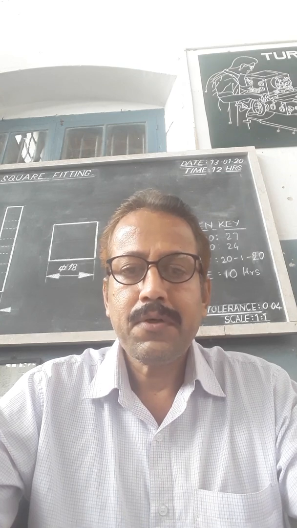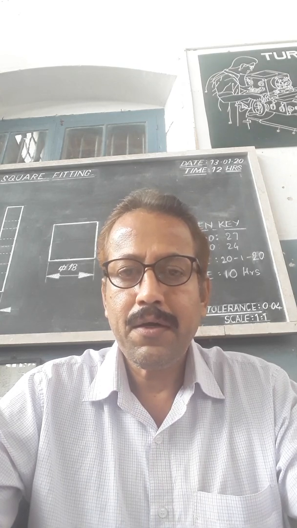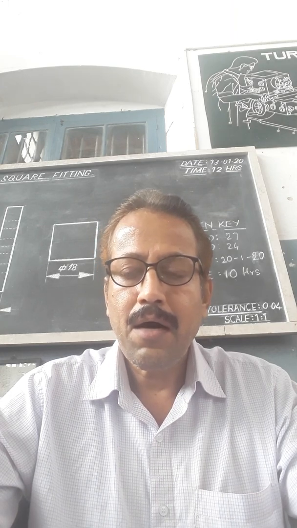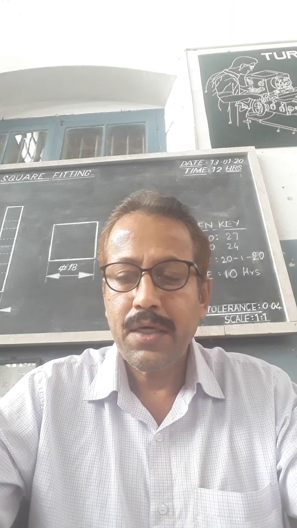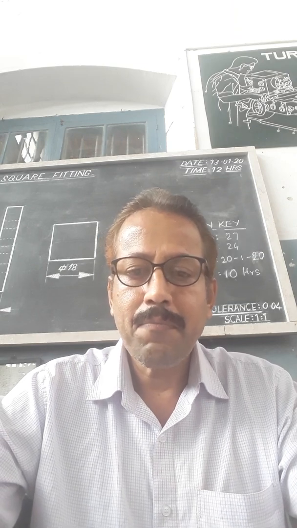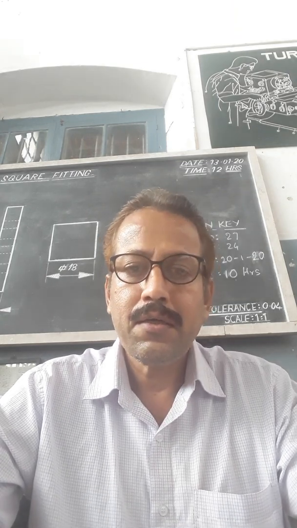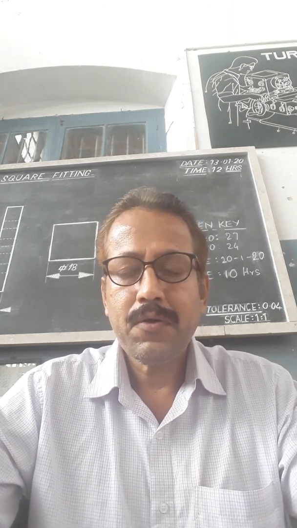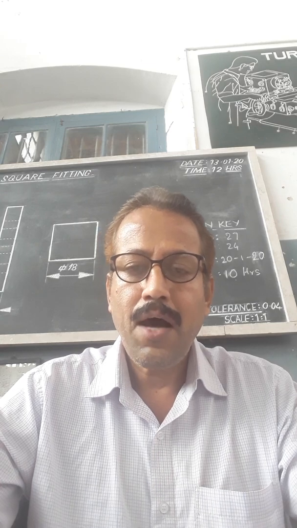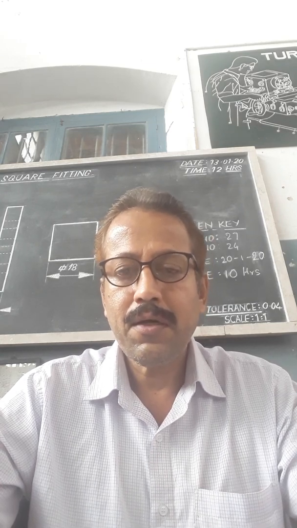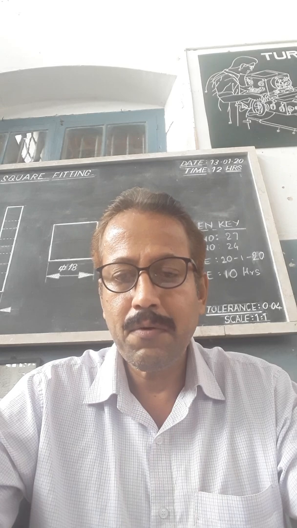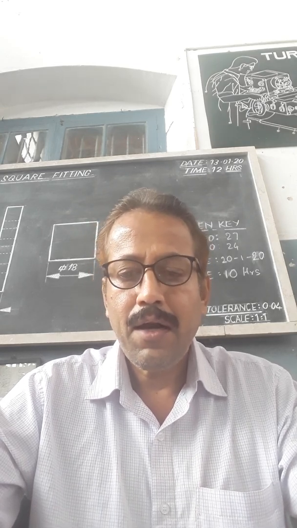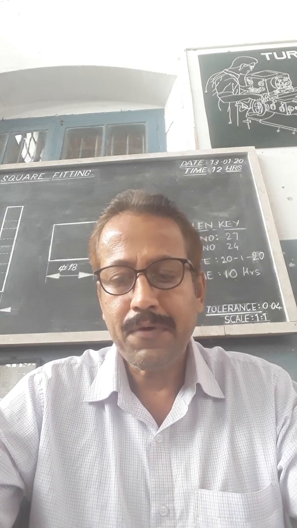On a taper shaft, a keyway is cut by the milling method, and the key is inserted, and some portion of the key is cut on the hub also. And this key will adjust by itself when the hub is inserted on the shaft. The key adjusts by itself because the key is semicircular in shape, so the hub can be inserted easily on the shaft.